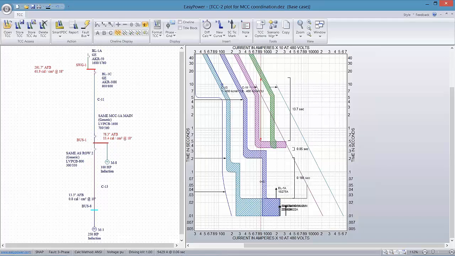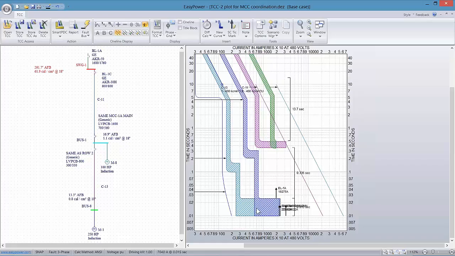Now, if we look at this, we can see that the main breaker on the MCC is what's driving that incident energy calculation, and that's in effect the result of where the trip setting is for this upstream breaker. As we make adjustments to this breaker, you can see it brings down the incident energy calculated for the main. But now again, we've kind of violated our